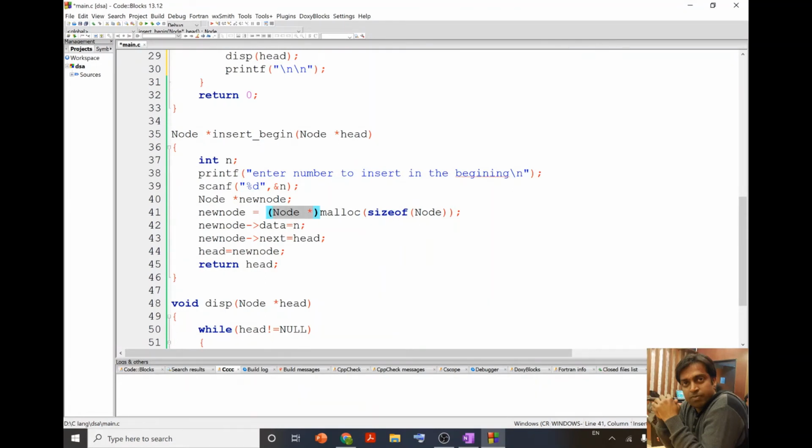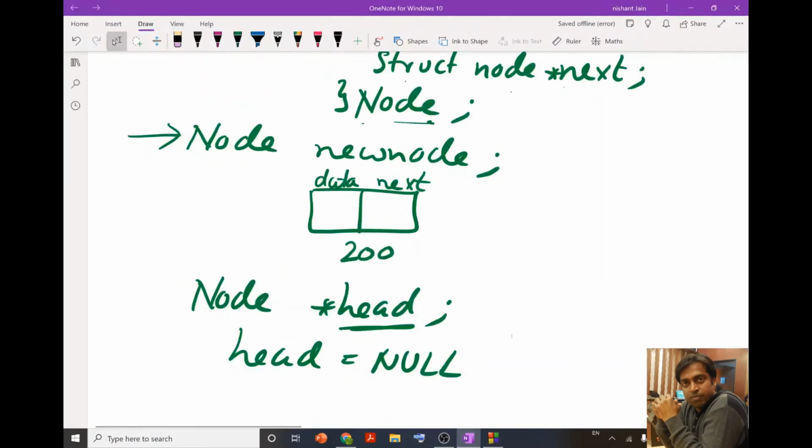So this new node is going to store the address of some structure. As soon as this line is executed, the compiler is going to declare this node, create this node over there, and the value of new node will be equal to this 200.